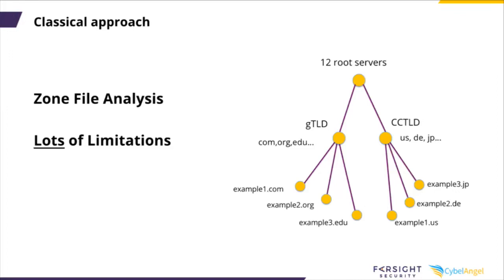Traditionally, this has been done through zone file analysis. So you register with one of the registrars or the top level domains. Some of them give out their full zone files. Here's every single host name and domain entry in our zone file. You can get these about every 18 to 24 hours. This is fantastic up until the last 5 or 6 years, where the criminals have started doing real-time analysis.